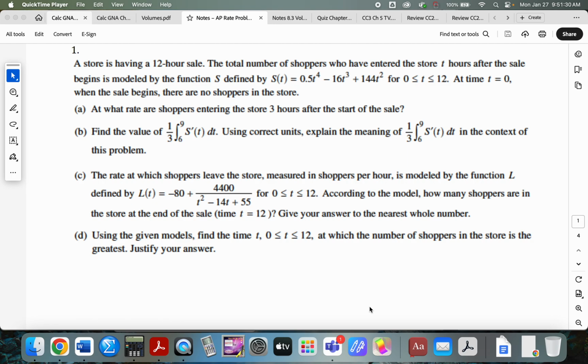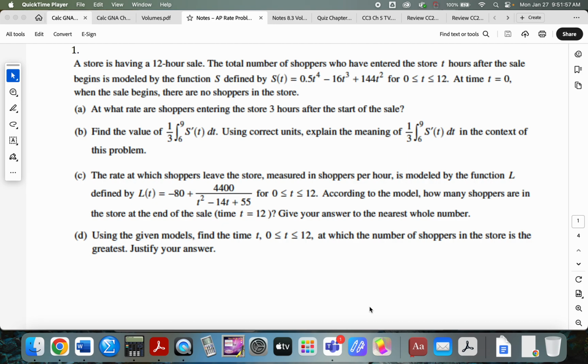I like this one better. There's another one, and I think I did some of this with my AB class the other day, where there was an amusement park that you could go into. And it said when they opened, there were no people in the park. And I'm like, I think you mean no guests in the park. I imagine there were people in the park when they opened the gates. But anyway,